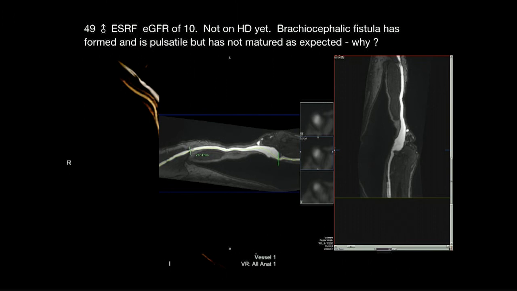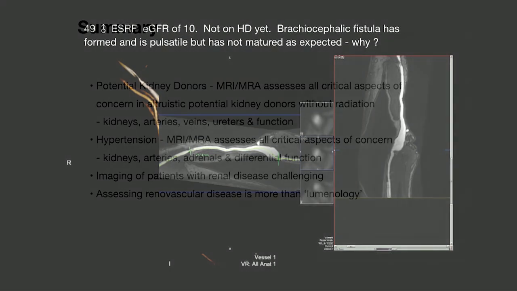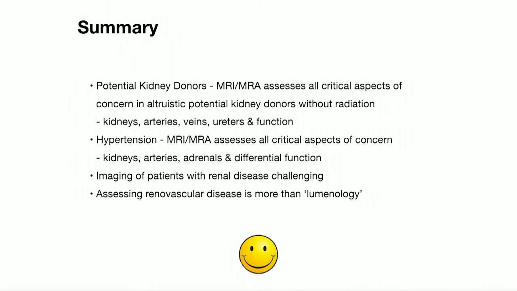It is one of the advantages of ferumoxytol that even my very sensitive physicians, who we had a lot of cases of NSF with in Glasgow years ago because we used a lot of Omniscan, and we've had none since we stopped using Omniscan, but our renal physicians are still sensitive about giving gadolinium contrast to their renal dialysis patients. But they're quite happy for us to give them ferumoxytol because it's the kind of thing they would give them anyway for treatment. So in summary, we can assess all the critical aspects of donors, normal people and abnormal people,